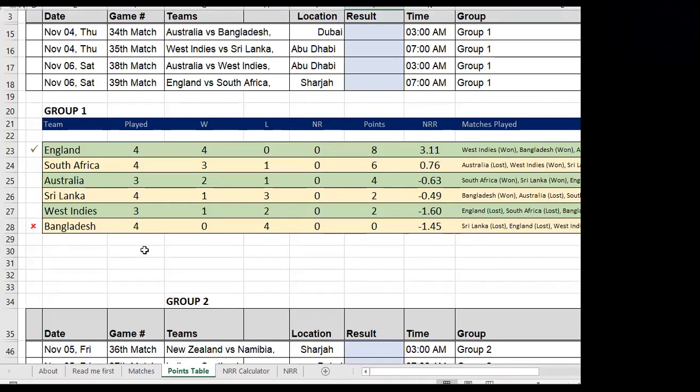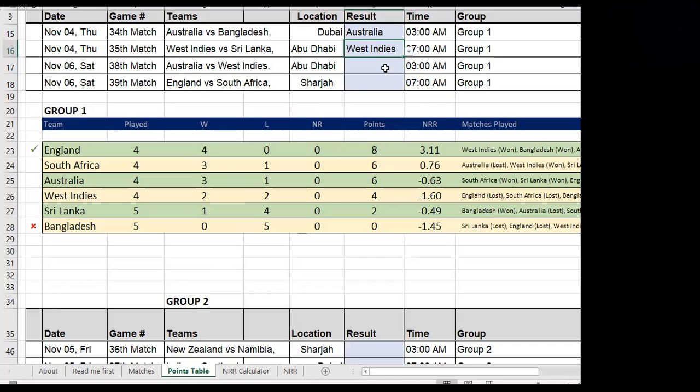If you were to download the spreadsheet, we'll make it available for you. Please go ahead and follow the link below. You'll be able to come up with your own forecast for each of these games. Australia versus Bangladesh, go ahead and use the drop-down list to pick your own winner, and then see how your selection will move things up and down on the points table.